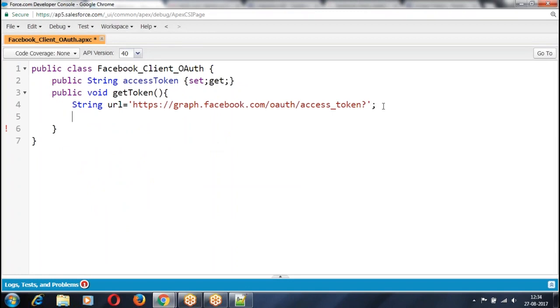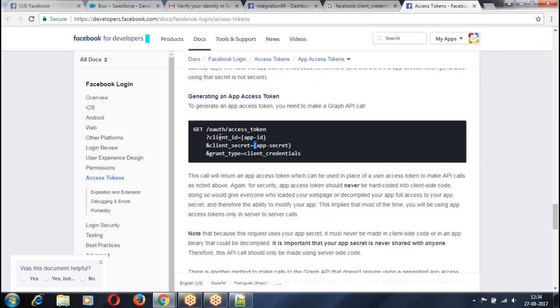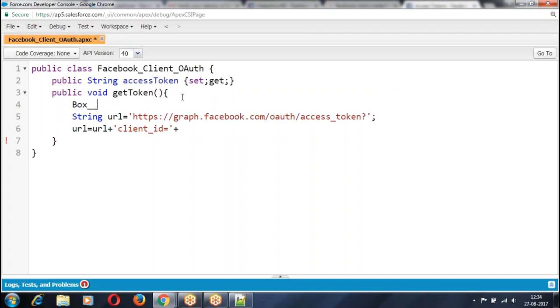Right. Then what are the parameters you have to pass? URL equal to URL plus, go to the documentation, client ID. You need to get the access. How do you get the access? Box b equal to